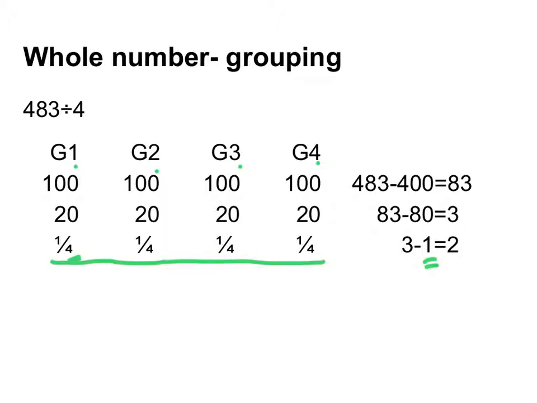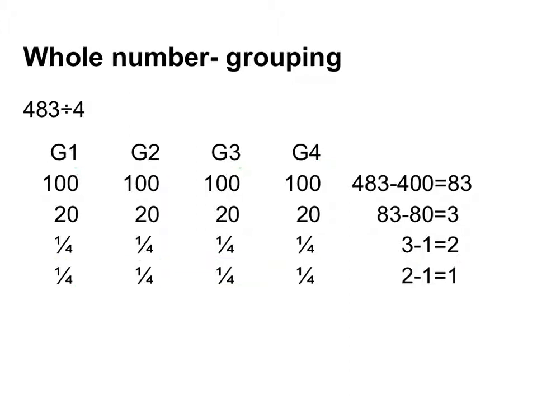So now I passed out 1, so I have 2 left. I give a quarter to every group. That passed out another 1, so now I have 1 left over. One last time, I give a quarter to every group. I passed out 1, now I have nothing left over, so I'm done. Every group is even, and I've passed out all of the